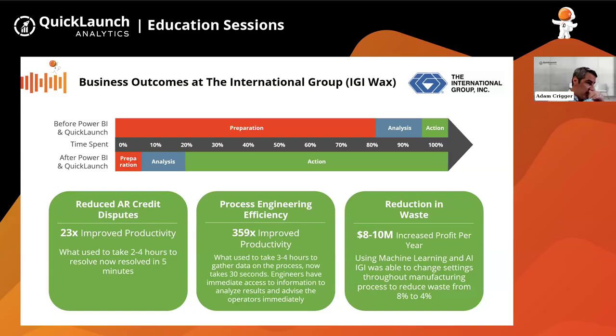And a few others, highlighting and quantifying that, Bill shares a story about their AR credit disputes. What would happen is they manufacture and distribute wax, and I think they're one of the biggest wax companies in the world. So they would have a truck come into their plant and they'd fill it with wax, and the truck's trying to leave, and they'd find out, oh, there's a credit dispute. You can't leave. We've got to get this resolved before you leave.